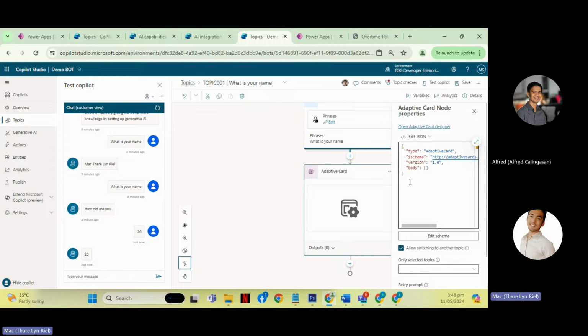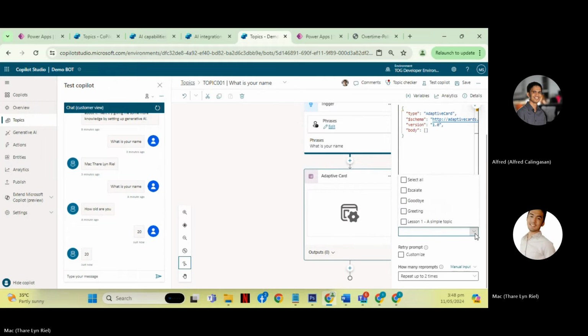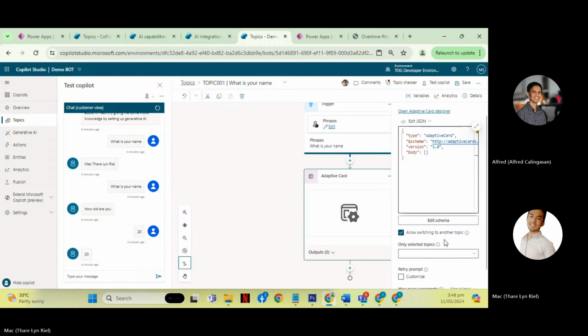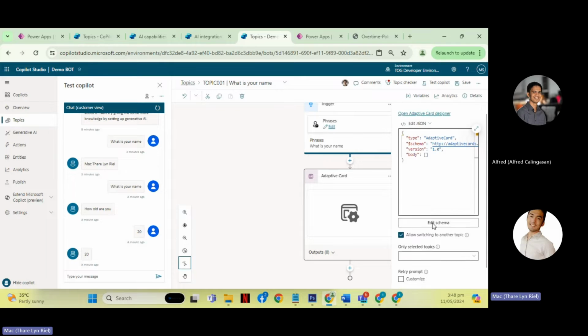For this adaptive card, you need to put adaptive card JSON in here, and you can select a topic, and then there are other options as well to customize this action.